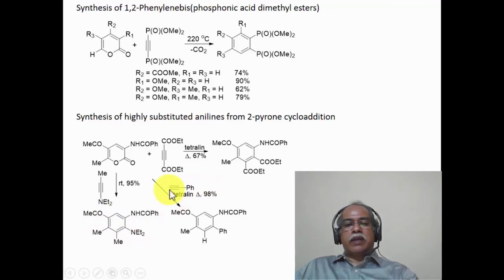On the other hand, with phenylacetylene, it can undergo Diels Alder reaction to produce the corresponding phenyl substituted derivative. The important thing is that these are highly substituted aniline derivatives which can be further used for organic synthesis, and this is a general methodology to produce such highly substituted aniline derivatives from 2-pyrone as the Diels Alder component in